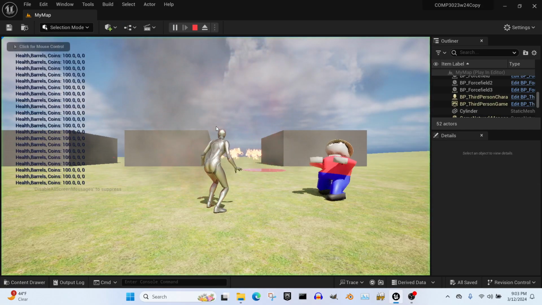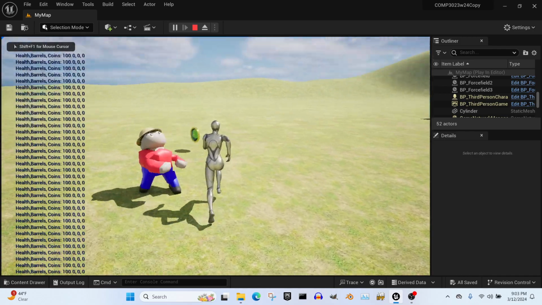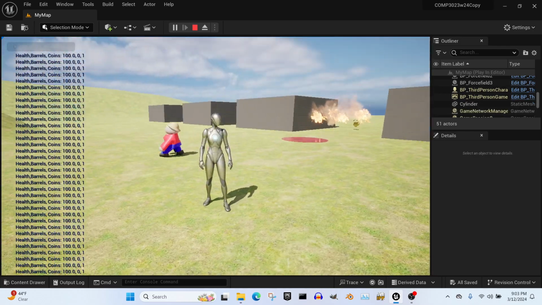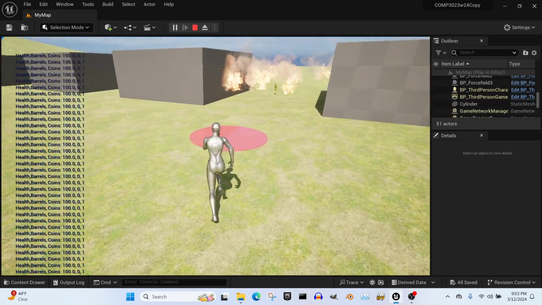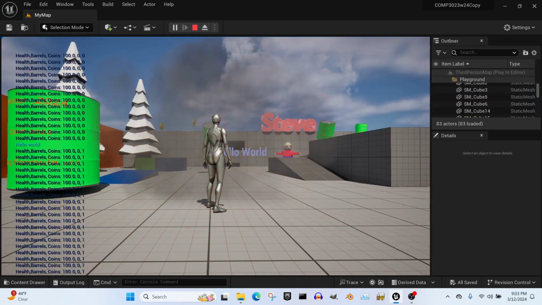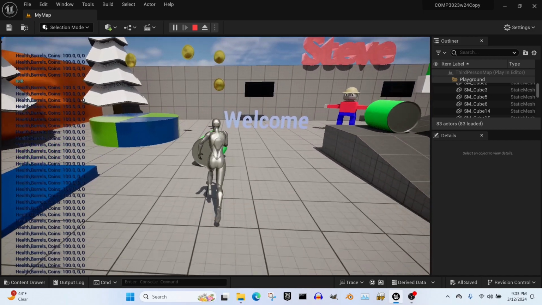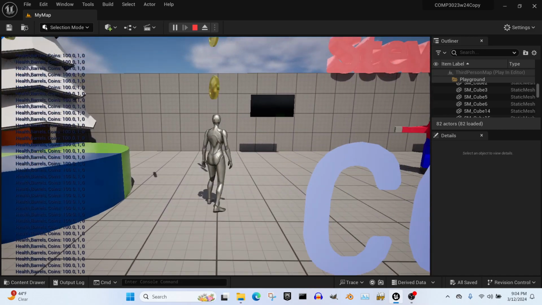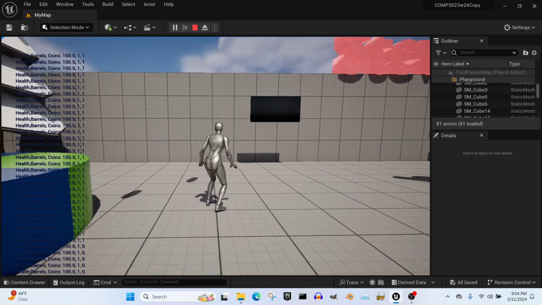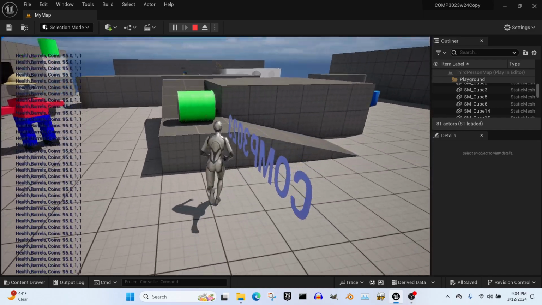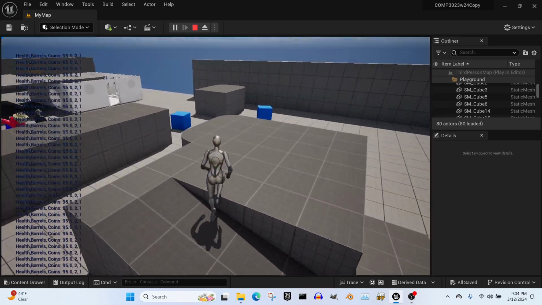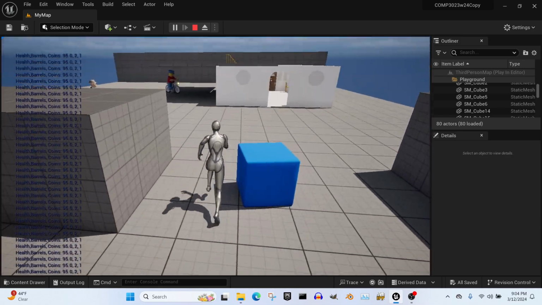Up until now, as we've collected items on a level, so here we have 1 coin, and when we go to our other level, our values are reset and we have no coins collected. Similarly, I'll have a barrel here. Pick up a barrel. So I have a barrel and a coin. You can grab another barrel. So 2 barrels, 1 coin,